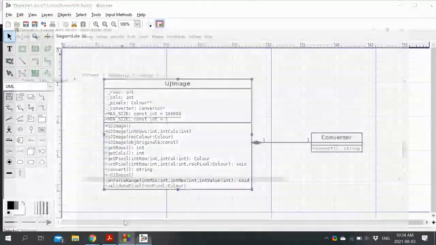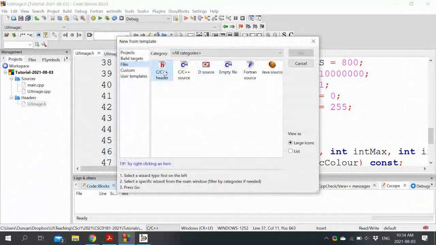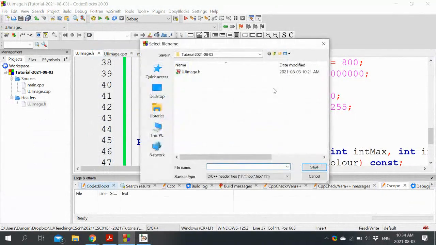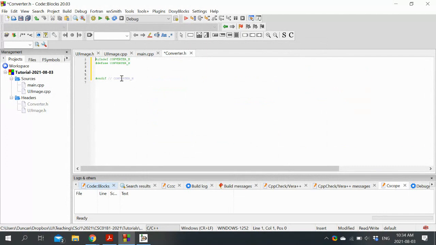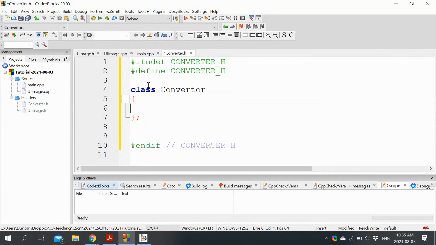So let's build the skeleton of our converter. It's going to be its own class, with its own header file. We'll keep it very simple because we're focused more on the idea of composition and delegation than keeping things super complicated. So the converter gets a header file. Inside here, we'll define the class converter.